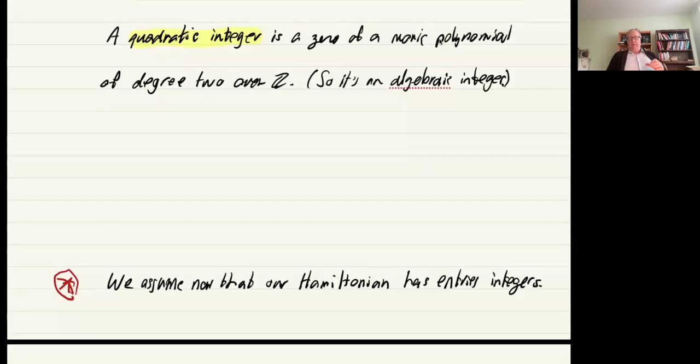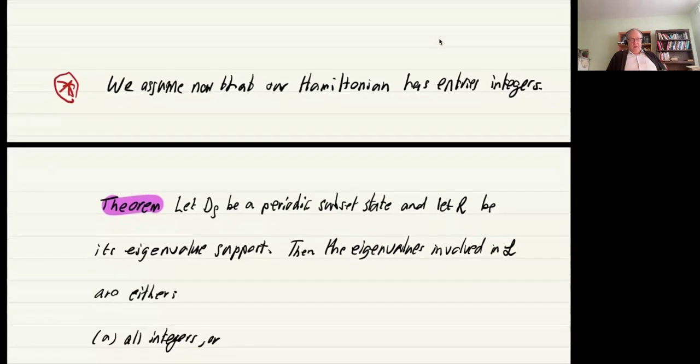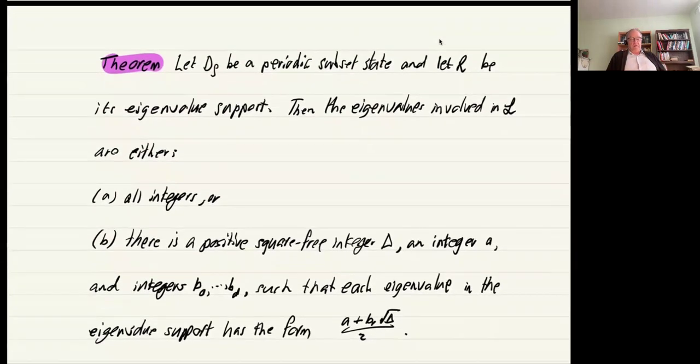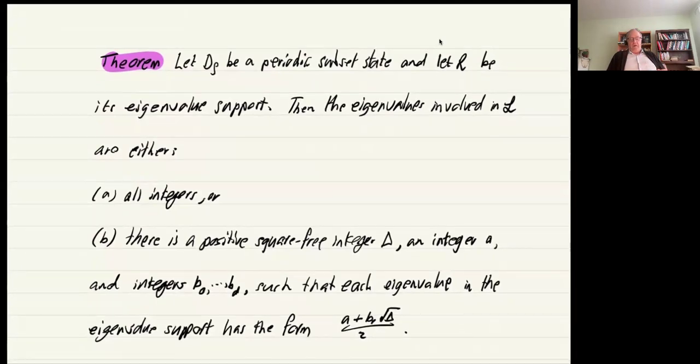Now, I'm doing this for subset states. In the notes, it's all worked out for vertex states, but the same thing applies. The proof there applies to integer matrices, and they could be Laplacian, signless Laplacian, adjacency matrix, or some other mixture of that type, so long as the entries are integers. And so the theorem I proved is: suppose I have a periodic subset state,